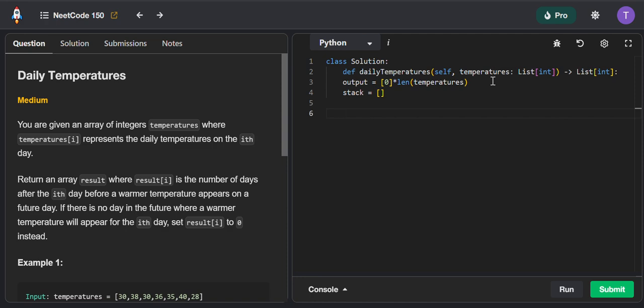And now we're going to create our for loop, but we're going to have to use the enumerate method because we also want to extract the index of each temperature. So i stands for the index and t stands for the temperature. So for the index and the temperature in enumerate temperatures,